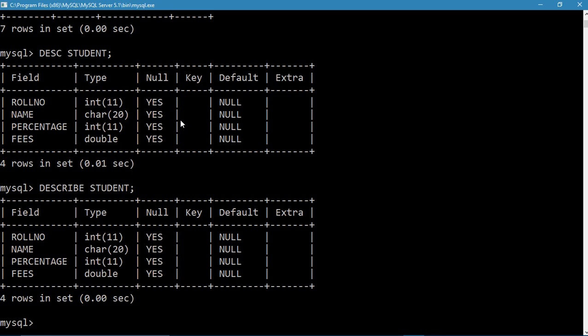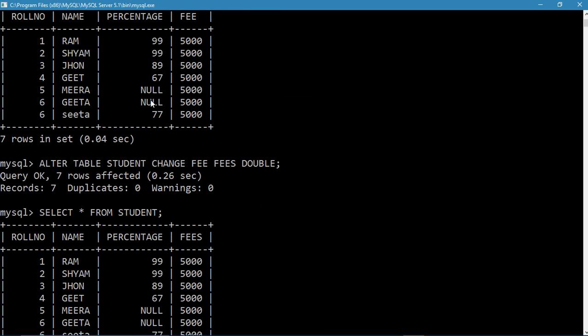Okay, next is, now you want to modify a column. See, in this, you were able to do two things at a time.